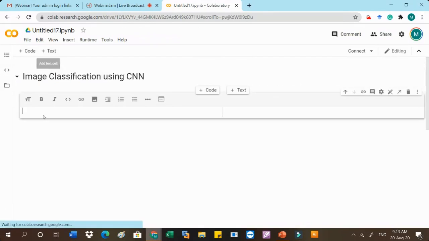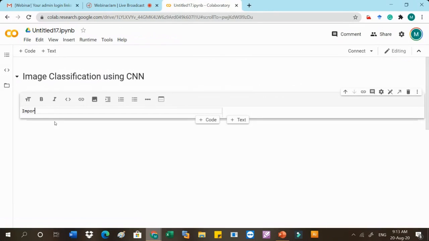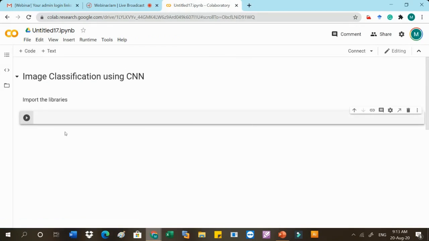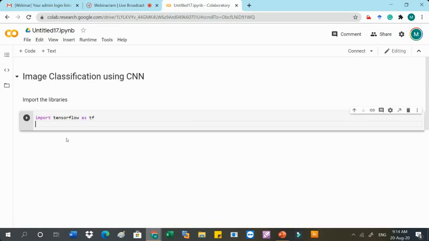Then the first step, you all know what we have to do. We have to import the libraries. Which libraries do we require? We require import TensorFlow as tf. Then we require NumPy as np.